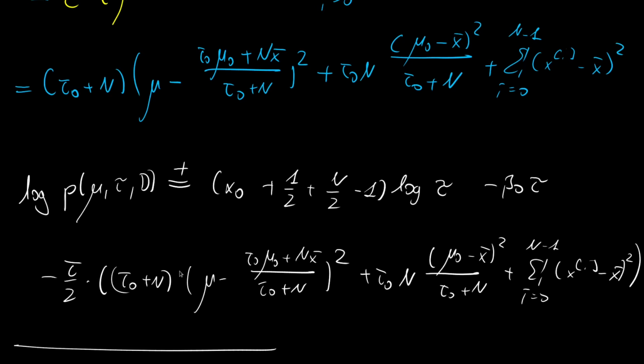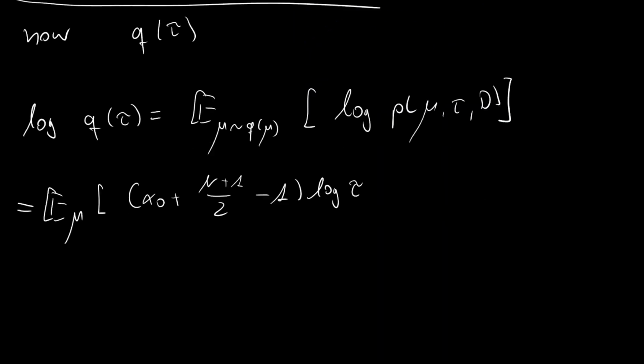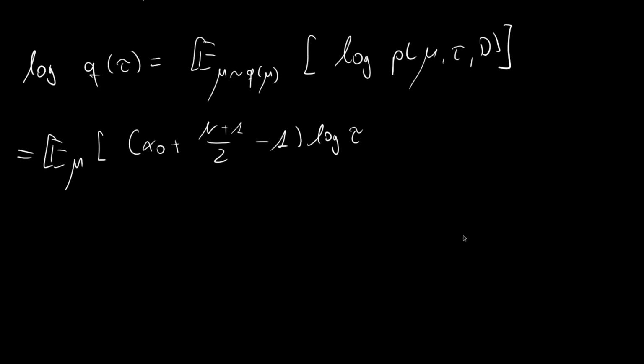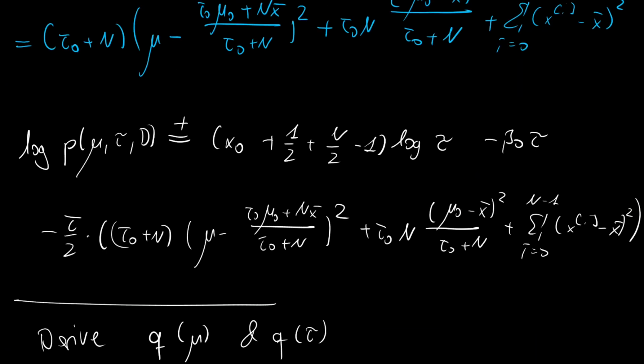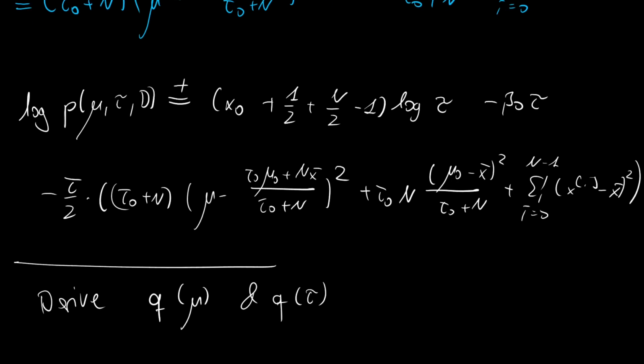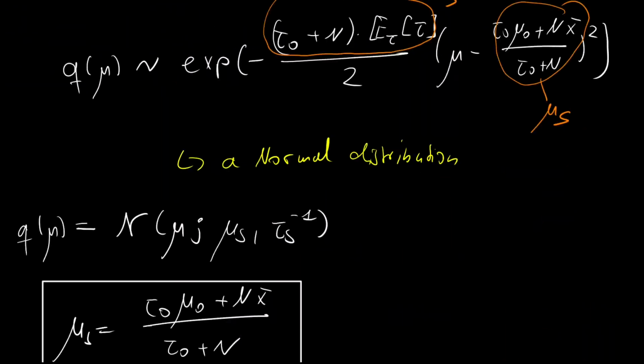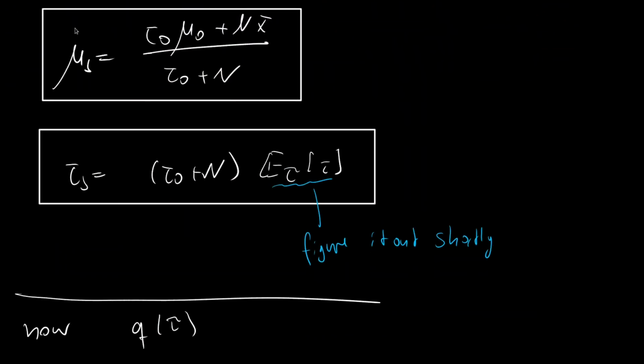So I will have to multiply the 1/2 into all of these components here. And this will then give me the following expression: minus opening brackets beta 0 plus 1/2 tau 0 plus n times mu minus, and if we go back up, then we see this one here is nothing else than the mu s